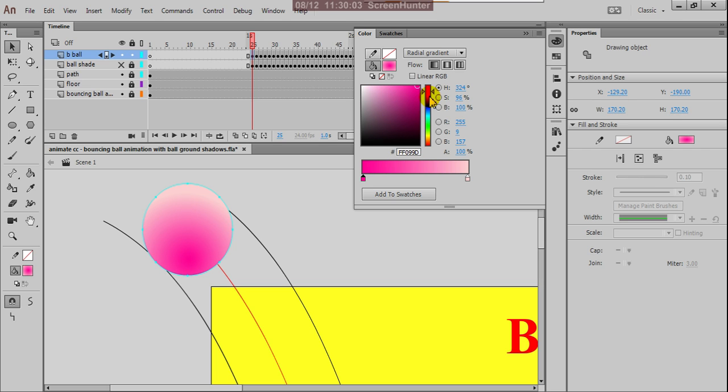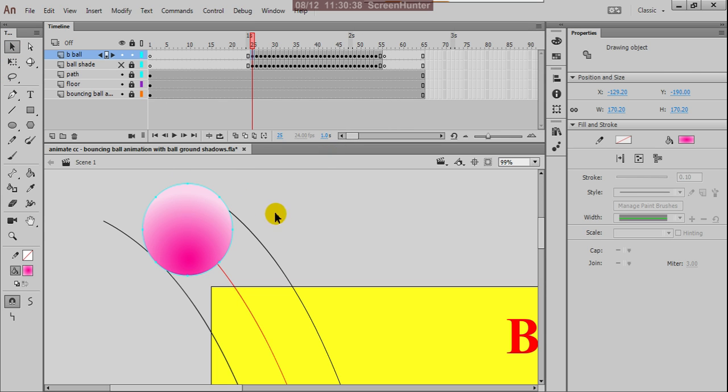You can place any other color, suppose like a bit pinkish, and here it must be a pink highlight. Alright, this is good.